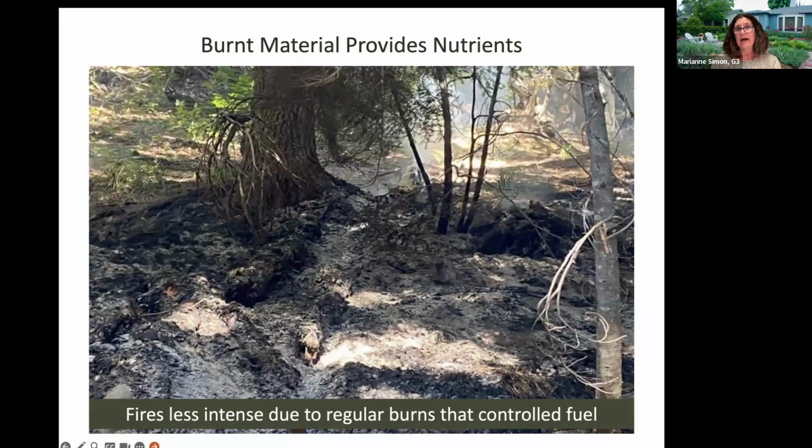The challenge is when we go from moderate to these infernos, everything is destroyed. In some places, the soil actually becomes almost like glass, becomes hydrophobic. And so the moderate fires, again, had their role in making sure that that system stays balanced. And when it's not able to do that, then it is much harder for our plants and our animals to recuperate after these devastating fires.